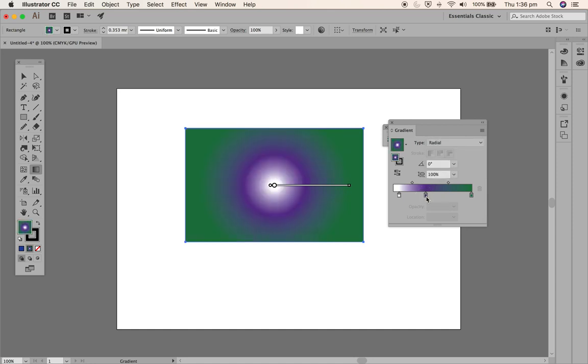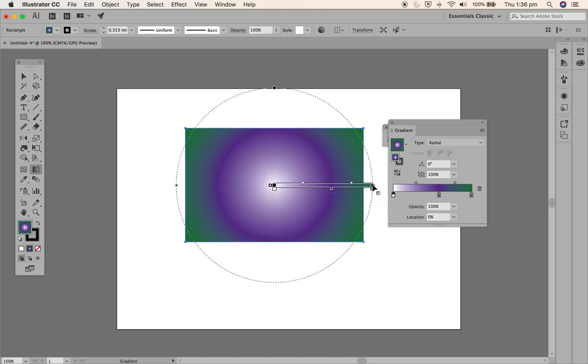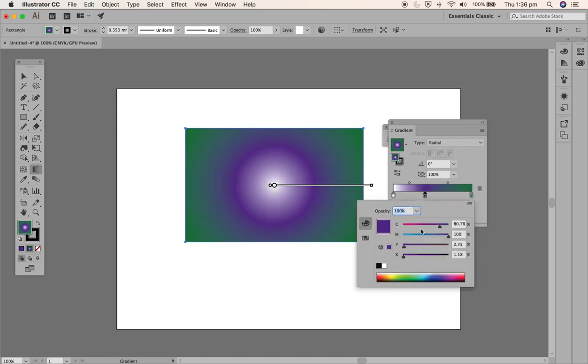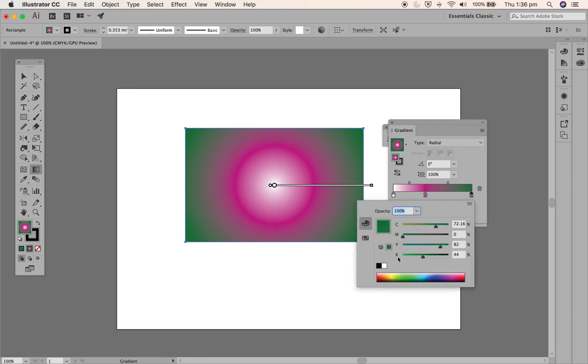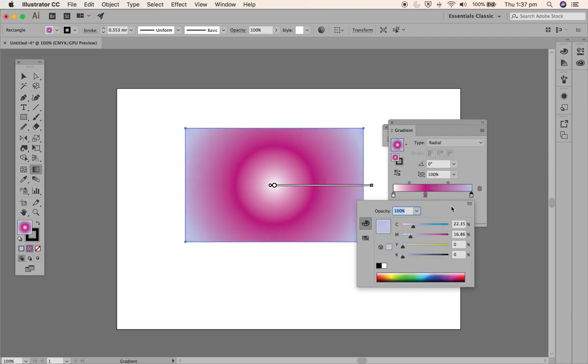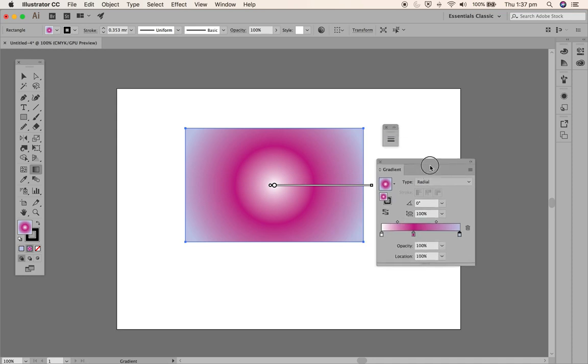gradient, and what's nice about this palette is that you can adjust it live so that you can see what the effect is going to be. You can also stretch out when you see that little dotted line pop up on the screen. You can stretch out the gradient. You can also change the color of the different gradient stops. You can also use the